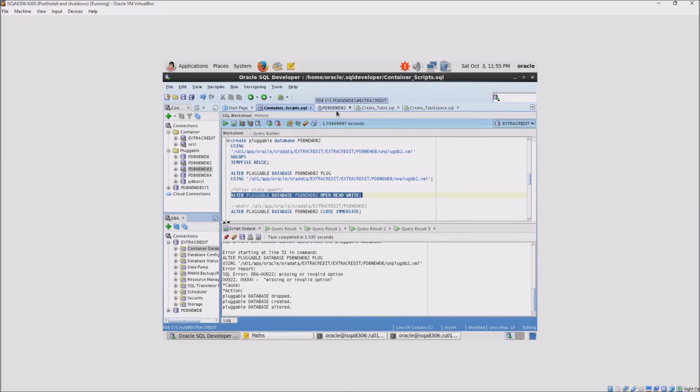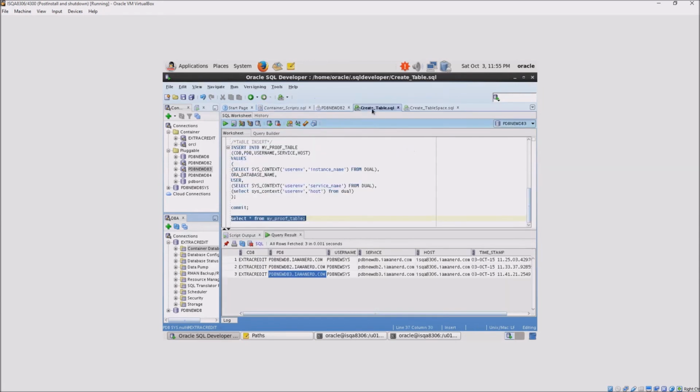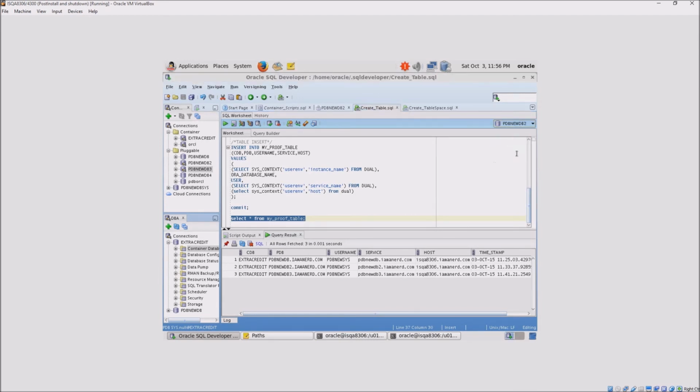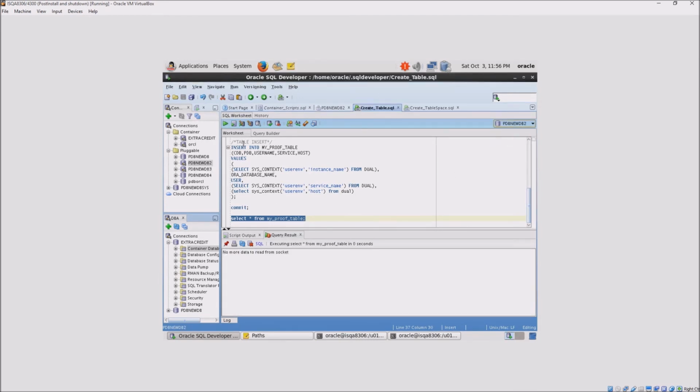And now if we jump back over here to our create table script, this is where we can really see what's physically going on with the clone. So we're still connected to our new DB3. I'm going to reissue this select from my proof table. But now if we connect back to our new DB2, and if we issue this select on this instance again, we can see that our my proof table is in the state it was before we cloned it over to the PDB